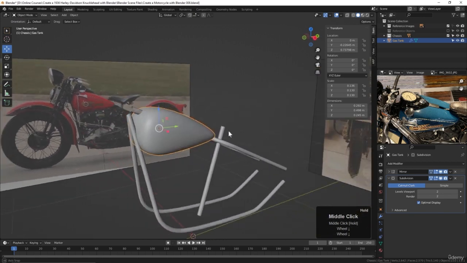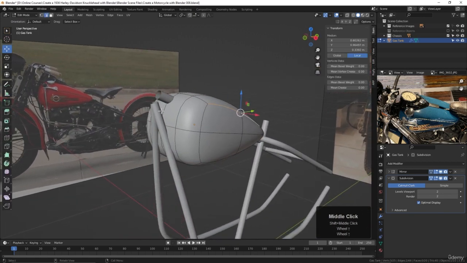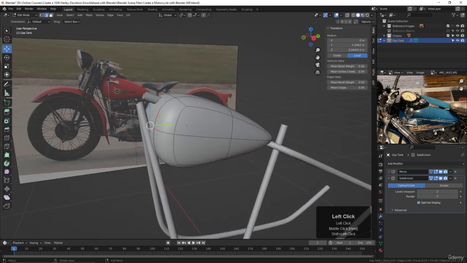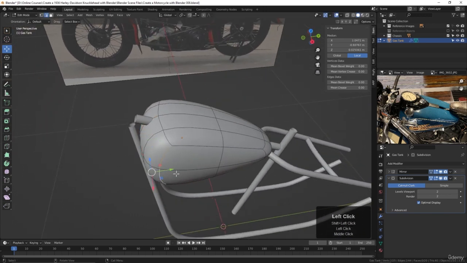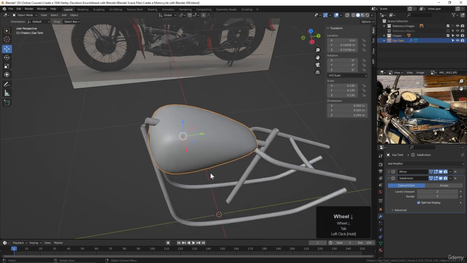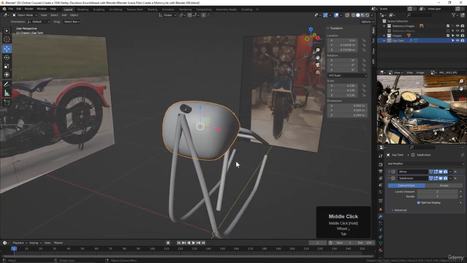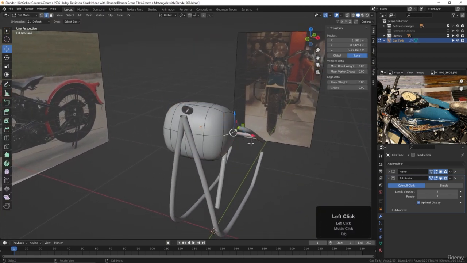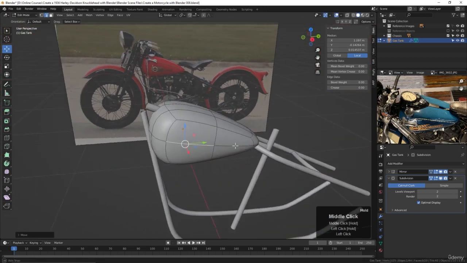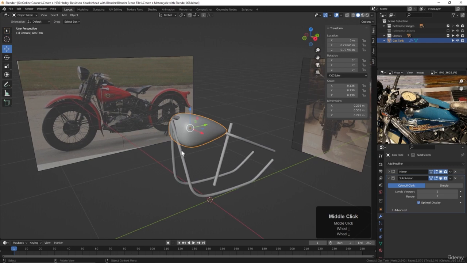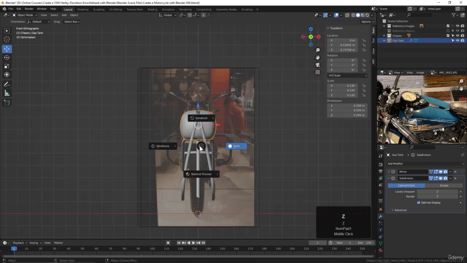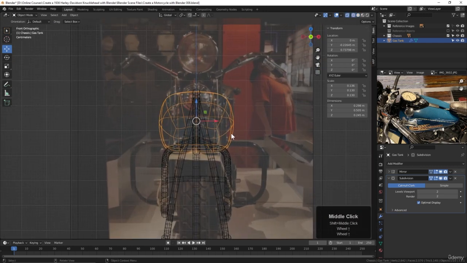We can kind of begin to get that shape. Maybe this edge should come forward a bit. Let's try that. Maybe this edge can come back a little bit. So you may just want to go through and just pull some points around, pull some edges around, and see what you can get in terms of the shape of this thing until you get to the point where you kind of like it. I'm going to hit the 1 key and then the Z and wireframe, and I kind